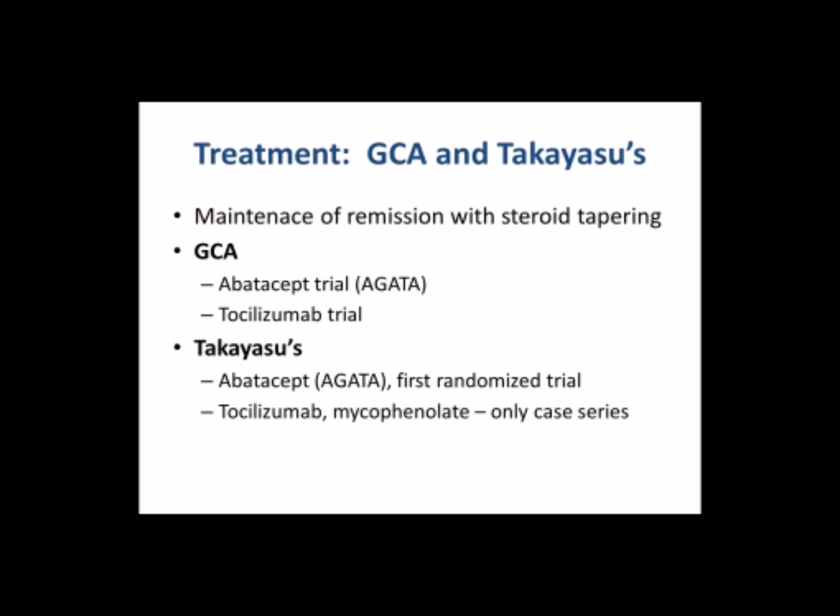A little bit about treatment of giant cell arteritis and Takayasu. Unfortunately, this is a shorter topic because as of yet, nothing has been found to allow lower use of prednisone in giant cell arteritis. But we have new drugs that are being tried about which we're optimistic. One is a trial I'm involved in of abatacept. Again, it blocks the activation of T cells, but is widely used in rheumatoid arthritis. We finished enrollment of this trial, and we'll finish it in a year. It's a blinded trial, so we have no idea whether the drug worked or not, but that's the way it should be. Then it'll take a while to analyze the data, but we'll at least know something.